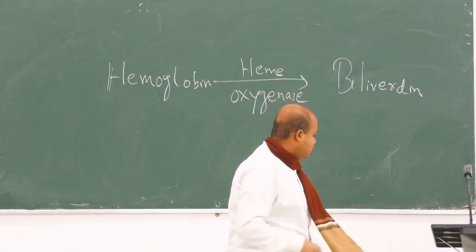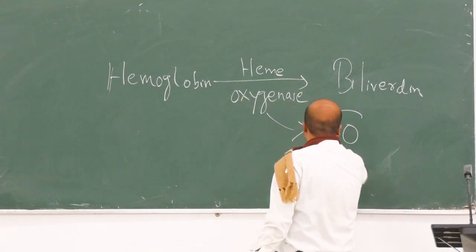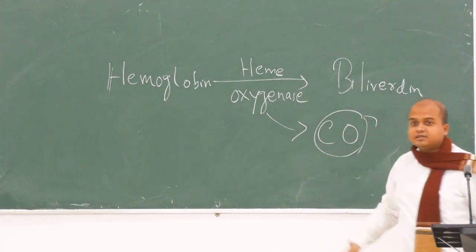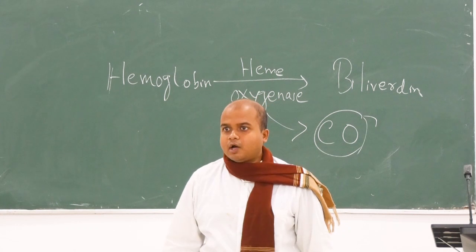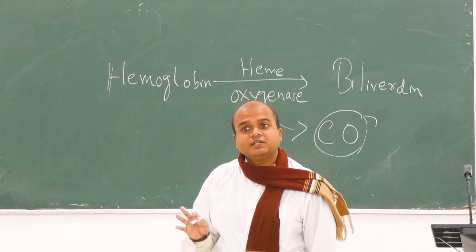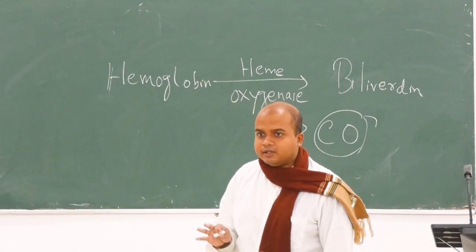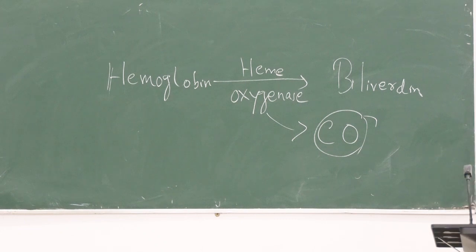And one byproduct of this reaction is, what is this? Yes, carbon monoxide. Carbon monoxide is actually a toxic substance, but in physiological amounts it acts as an intracellular messenger. That is not a topic related to hemoglobin, but one of the byproducts of hemoglobin breakdown is carbon monoxide. It is converted to biliverdin, and biliverdin is converted to bilirubin excreted to bile, that we will come to know